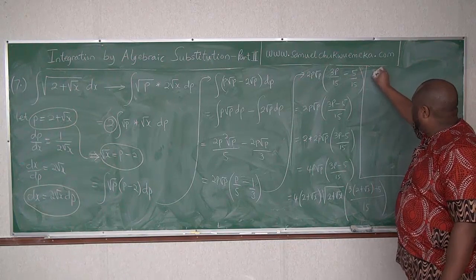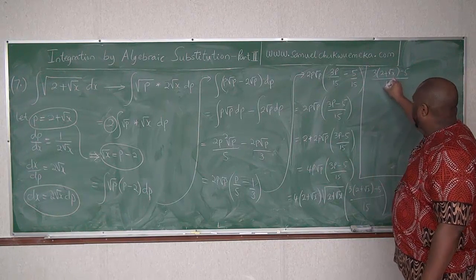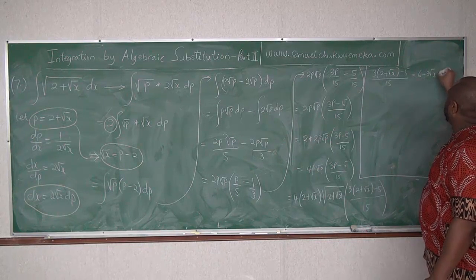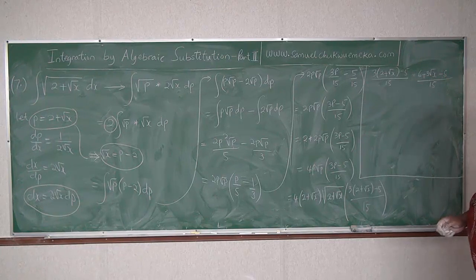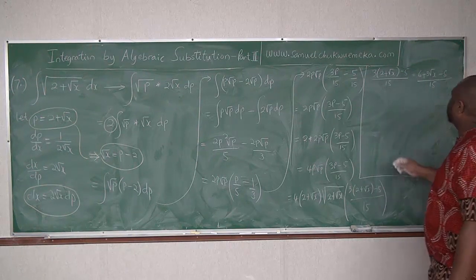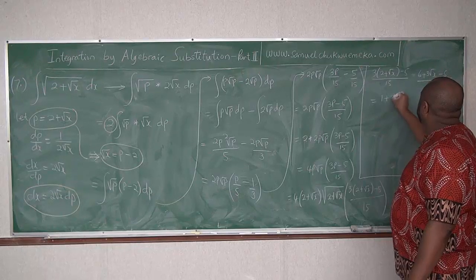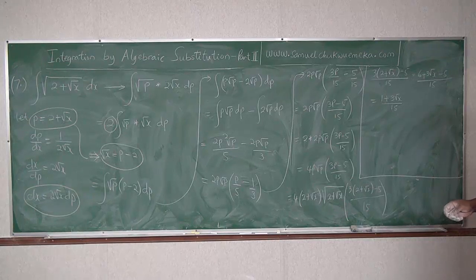So this here, 3 times 2 plus root x minus 5 over 15, will give us 6 plus 3 root x minus 5 over 15, which is now 1 plus 3 root x over 15. So our final answer would be,